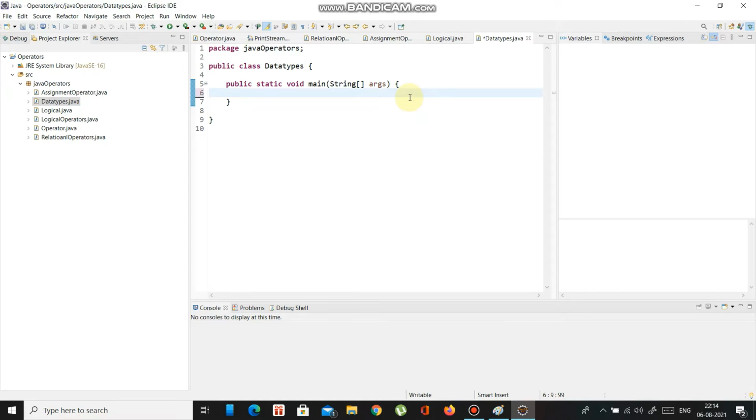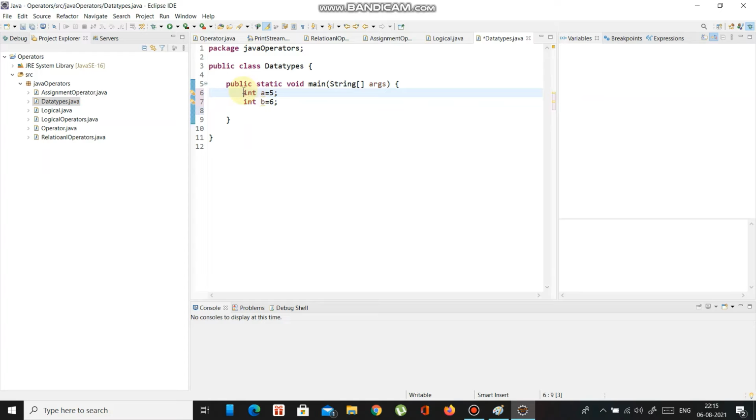You don't need comments, backspace. Now I am just giving int a is equal to 5, int b is equal to 6. Okay, so here integer is the data type and we are assigning data. a is equal to 5: 5 is the data and integer is the data type.